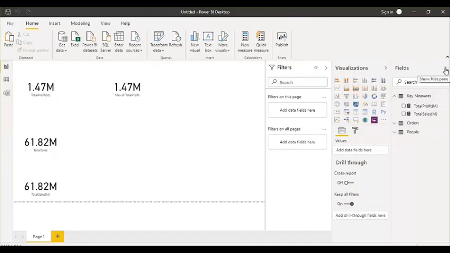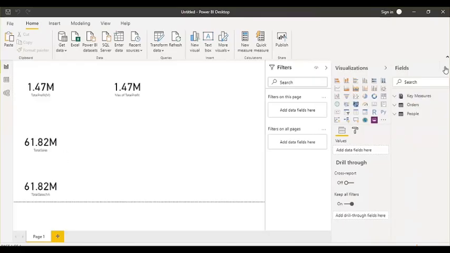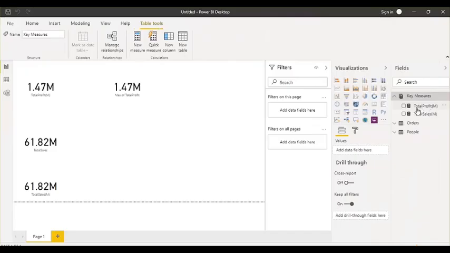Here we go. The icon of this table has been changed. Right now you can easily recognize that this is your measure table, and in this table you have all the key measures.